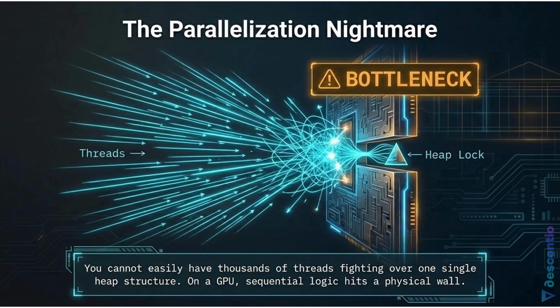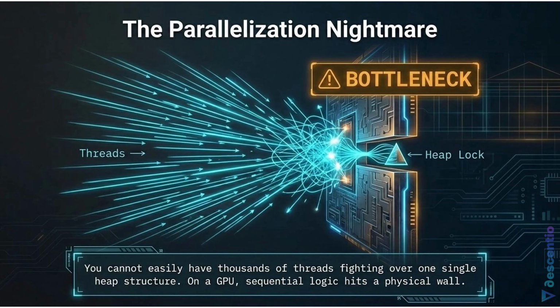Okay, so the bottleneck with a heap on a GPU is that a heap is a centralized sequential structure. Right. You would have thousands of parallel threads all trying to read and write to one single root node at the exact same time. The threads just end up waiting in line, totally locked out of the memory they need. Which totally defeats the entire purpose of having parallel processing in the first place. We've identified the exact bottleneck, and this is where we need to look at algorithms designed explicitly for parallel hardware architectures.